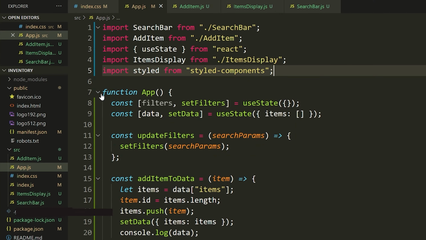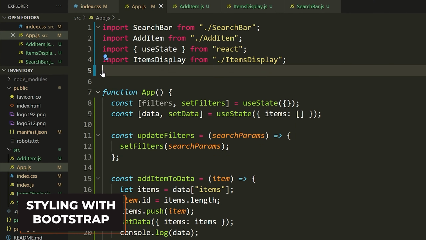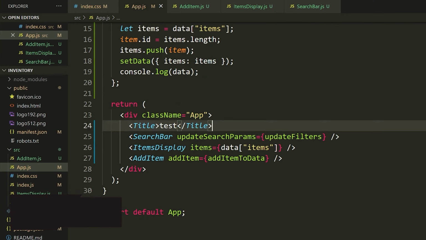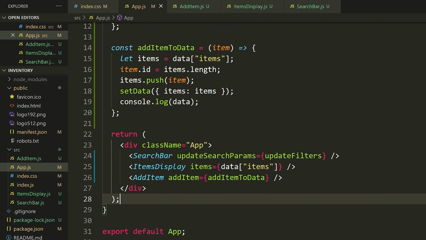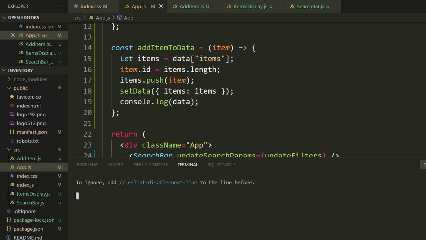Okay, so that's fun, that's great, but as I told you, I really do not want to write manual styles for this entire website. So what we're going to do instead is use Bootstrap. So now let me show you how we can install Bootstrap. Now, Bootstrap, as I was saying, is a CSS library, just comes with a bunch of pre-built styles for us, a bunch of pre-built classes, and it's really easy to kind of align things, change their color, make things larger, smaller, etc. And that's exactly what we're going to do.